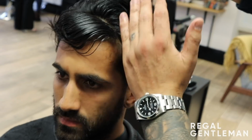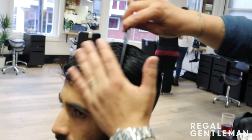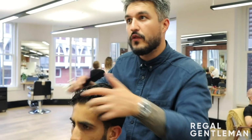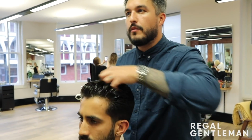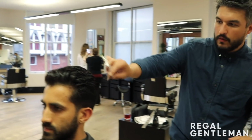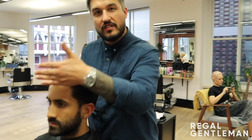So as you can see, as that springs back, that sits lovely and blended through there with that fringe, slight disconnection through there, you can't really tell. But the shape will start to change as we start it through. Now, what I'm going to do now is make sure the fringe is level, because I'm guessing